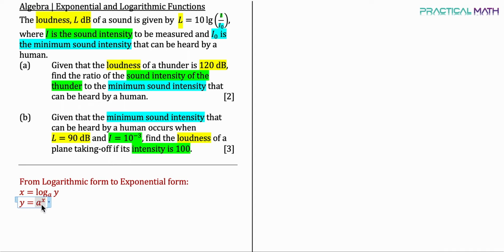So a to the power of x equals y. This is the very first formula we'll need for this question later on. The second formula that we'll also need is the quotient law